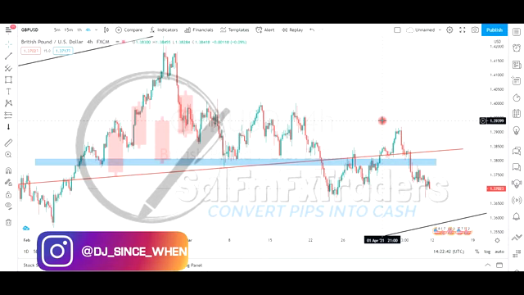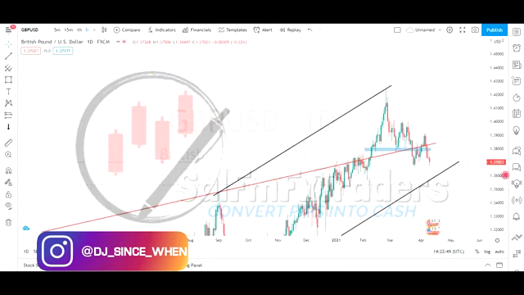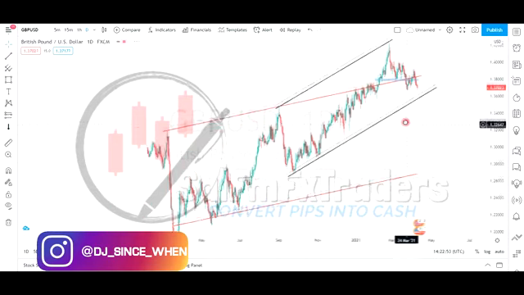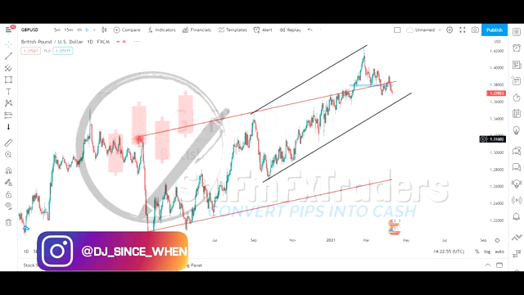On the screen right now I have GBPUSD. Now let's switch to a daily time frame. On a daily time frame, we've been having this structure right here. Let me just zoom out. We've been having this structure right here where we have this bigger channel and the smaller channel all to the upside. So we anticipated a move to the downside to at least come at this point right here before we